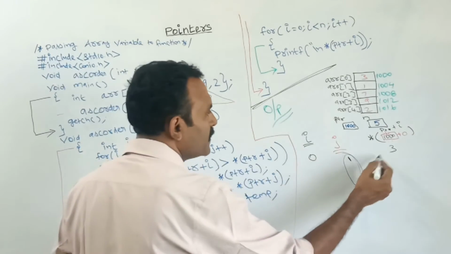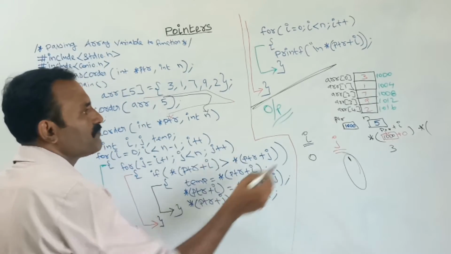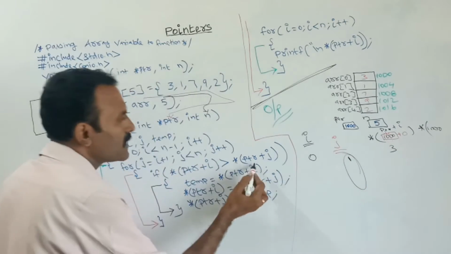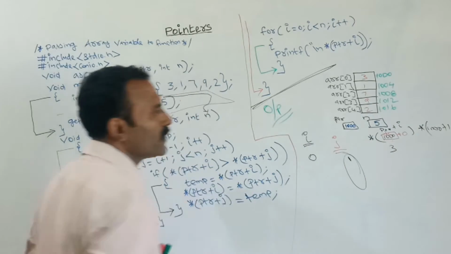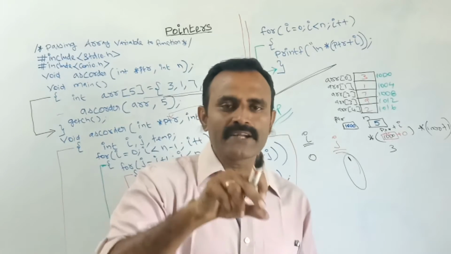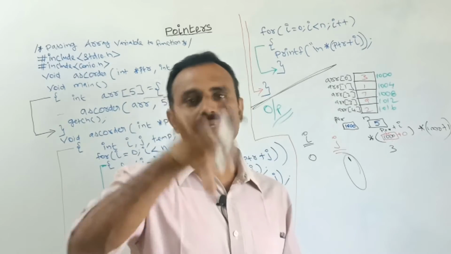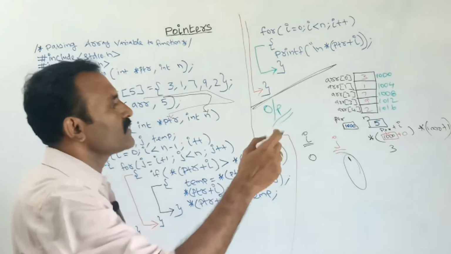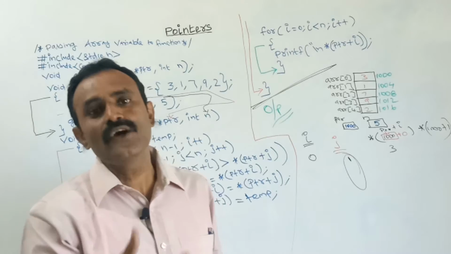Next, again, here the value at ptr will always be the same address, that is 1000, the base address, plus the j value. What is the j value now? Here the j value is 1. So 1000 plus 1. When we add a number to a pointer variable, the value is incremented depending upon the data type size. Here the data type is 4 bytes, so 1000 plus 1 into 4 is 1004. It gives the 1004 address, the next location address.